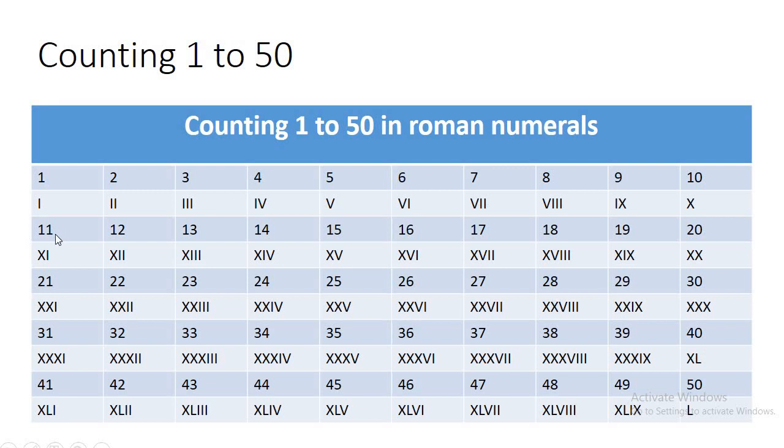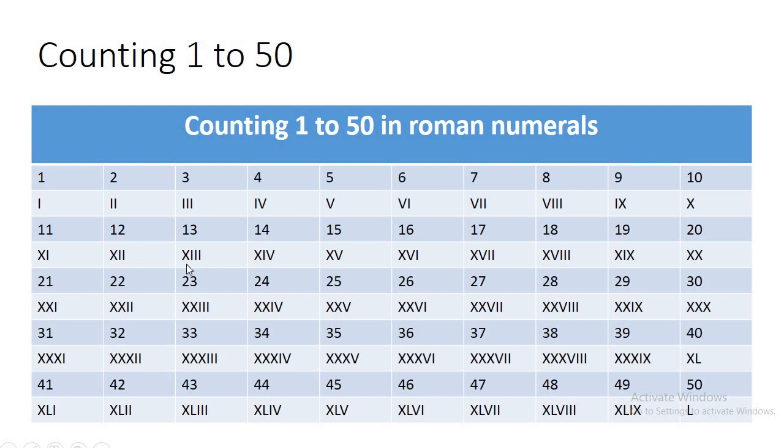Now in order to write 11, we have to break it as 10 plus 1. So 10 is represented by X and then I represents 1. Now you just have to add the prefix X to 1, 2, 3, 4, 5, 6, 7, 8, 9 and 10. You will get all the numbers from 11 to 20. So as you can see, XI represents 11, XII, that means we have just added X to II.